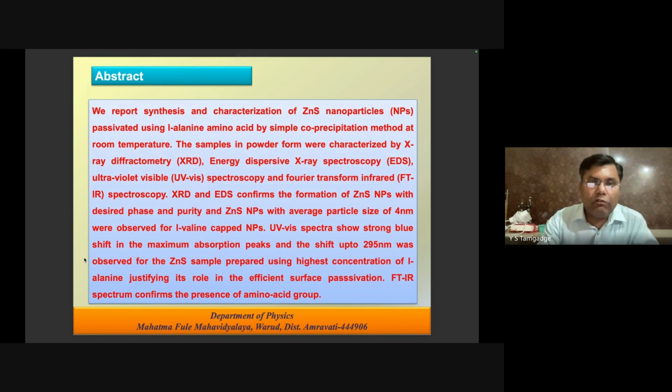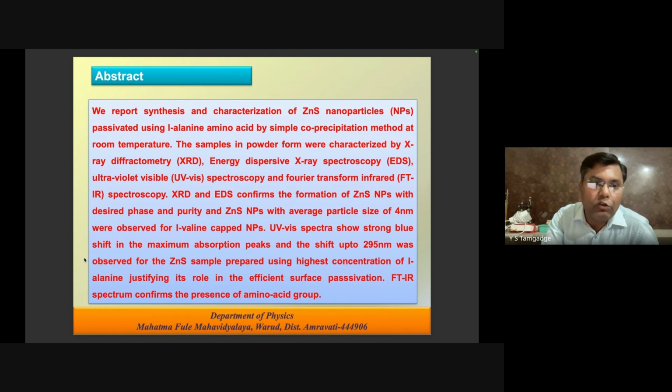So this is the abstract of my presentation. We report the synthesis and characterization of ZnS nanoparticles passivated using L-alanine amino acid by a simple co-precipitation method at room temperature. The samples in powder form were characterized by X-ray diffractometry, EDS, UV visible spectroscopy, TEM, and also FTIR. XRD and EDS confirm the formation of ZnS nanoparticles with the desired phase and purity, and ZnS nanoparticles with average